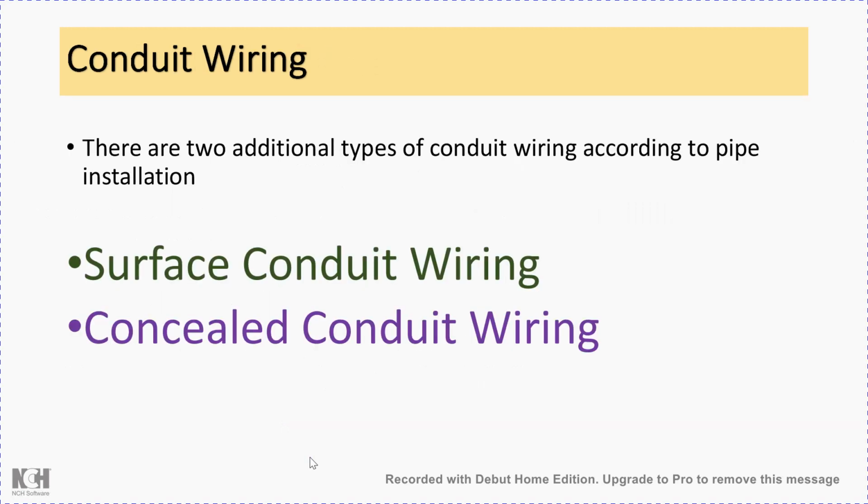Then finally let us see about the conduit wiring, which is most famously used in all types of wiring systems in domestic houses. In conduit wiring there are two types: surface conduit wiring and concealed conduit wiring. Surface conduit wiring is basically just like the casing and caping wiring, but concealed wiring is where we do not usually see any portion of the wiring. It is all concealed under the surfaces of the wall or the ceiling. We just see the load points, and we do not see any part of the wiring.